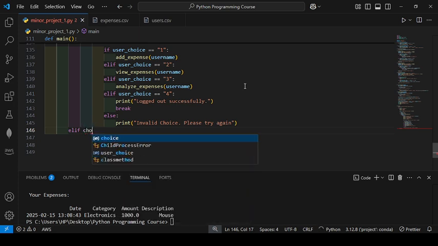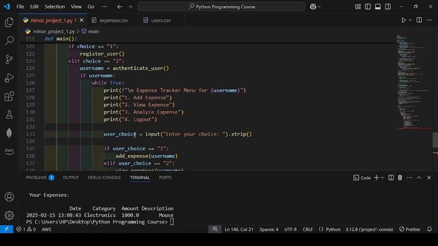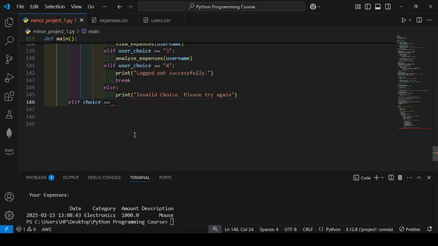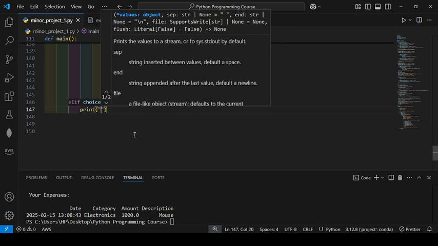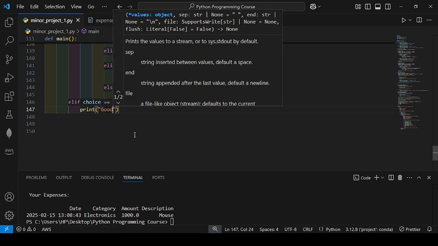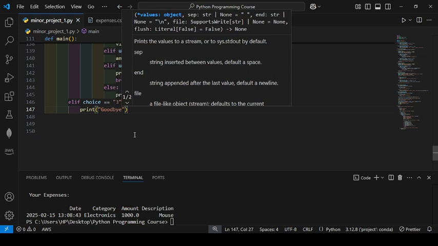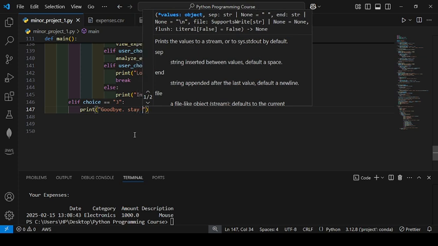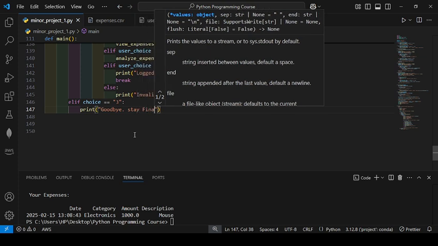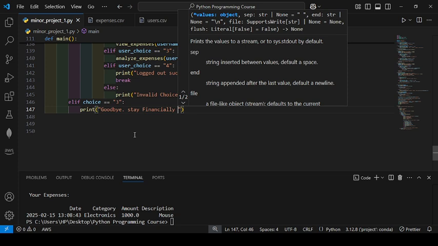Here I will write choice is 3. 3 means exit, you want to exit out, so I will write 3, and I will write print, then I will write something like goodbye, and then I can write some keyword, stay financially smart,